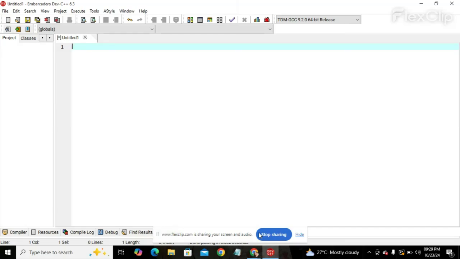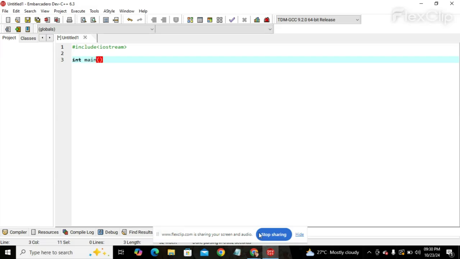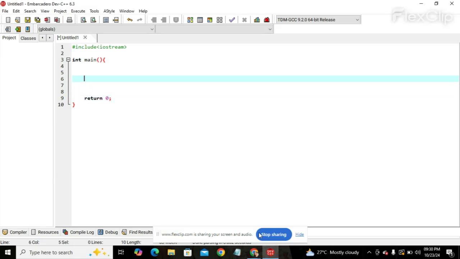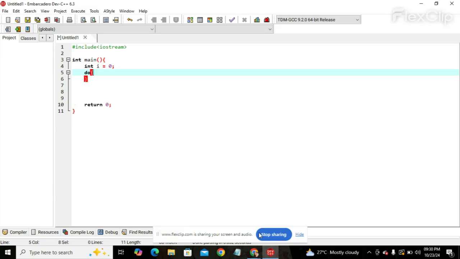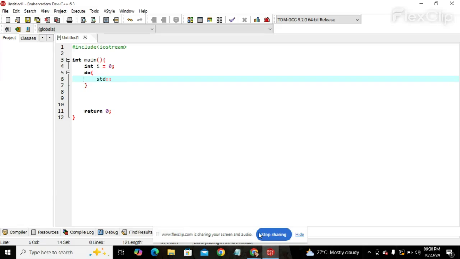We're going to put first the preprocessor directive #include <iostream>, then int main(), open and close parentheses, curly bracket, return 0 semicolon, then int i = 0; then do, curly bracket, std::cout, double quote